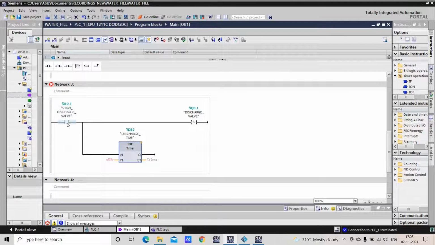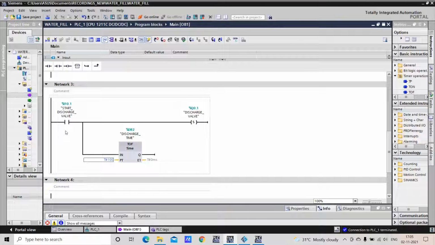Whenever I press this discharge valve, this will also get activated. So here I will give 15 seconds, or I will give 10 seconds. I will give 10-second time.